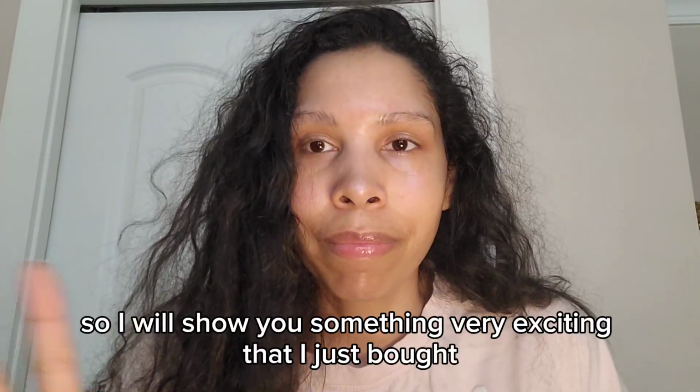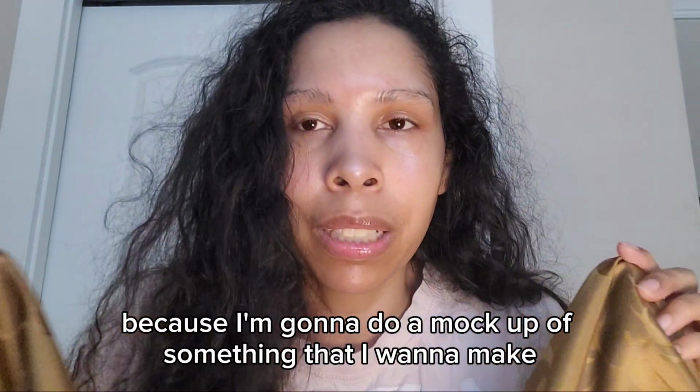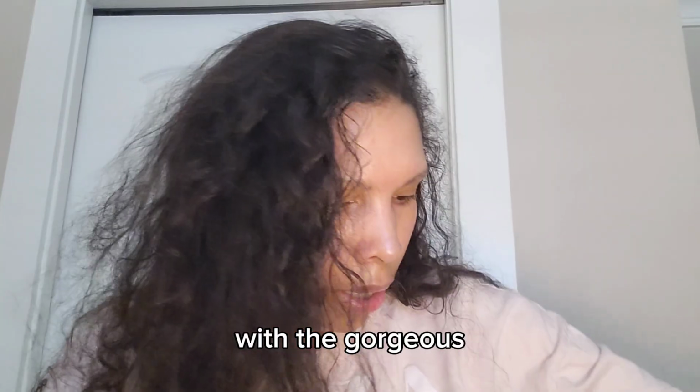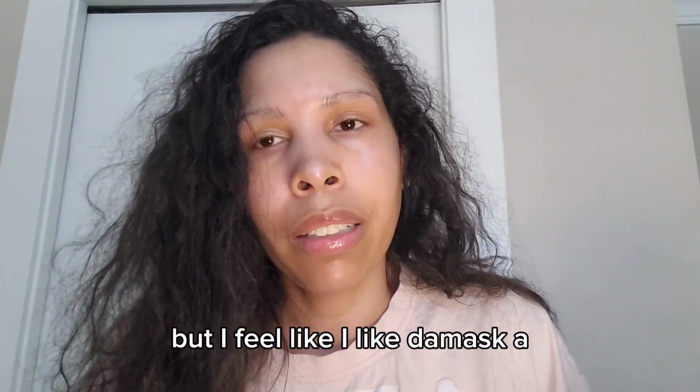So I will show you something very exciting that I just bought. And I might insert here a mock-up, because I'm going to do a mock-up of something that I want to make with this fabric, because it's already in my head. Yeah, this is gorgeous. With the gorgeous damask. I love damask pattern, damask and fleur-de-lis, but I like damask a little more than